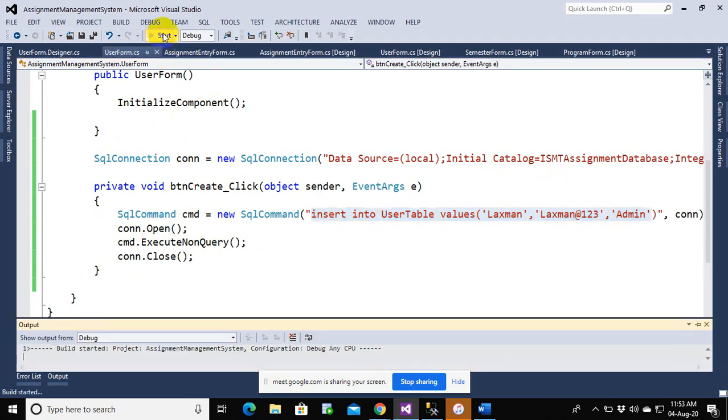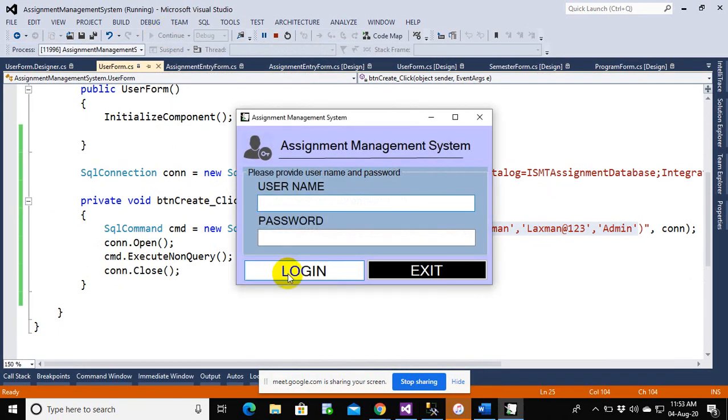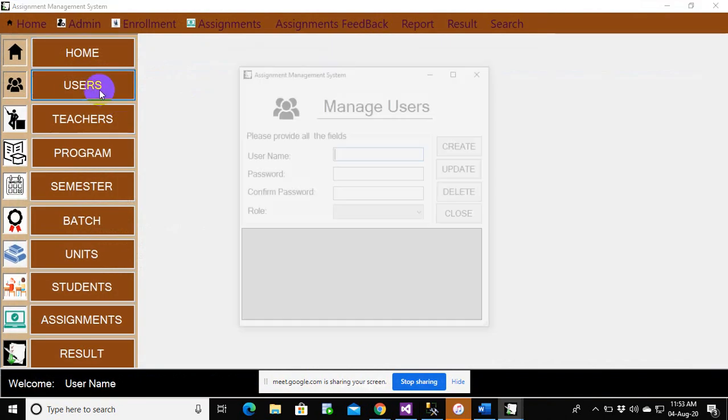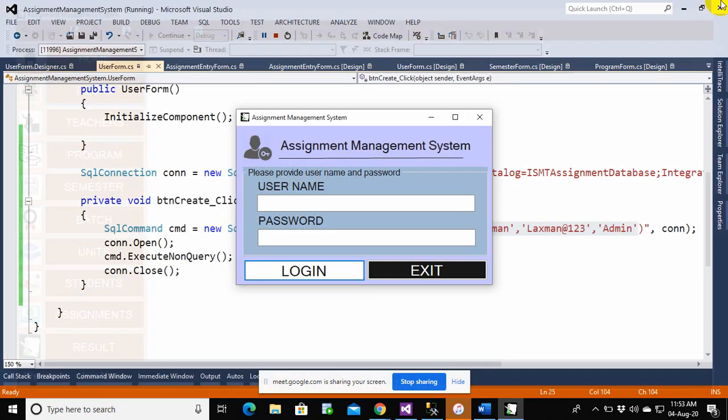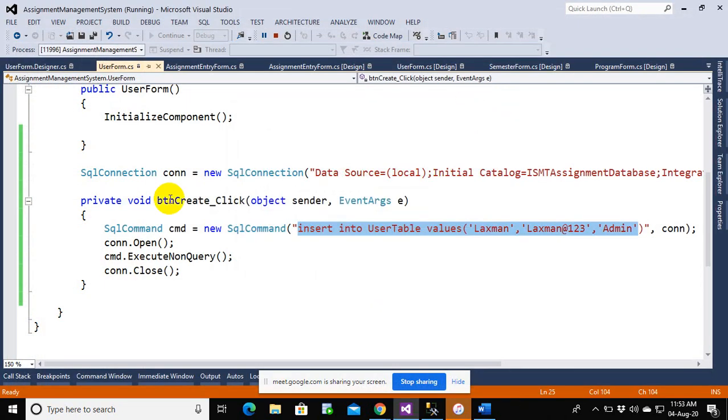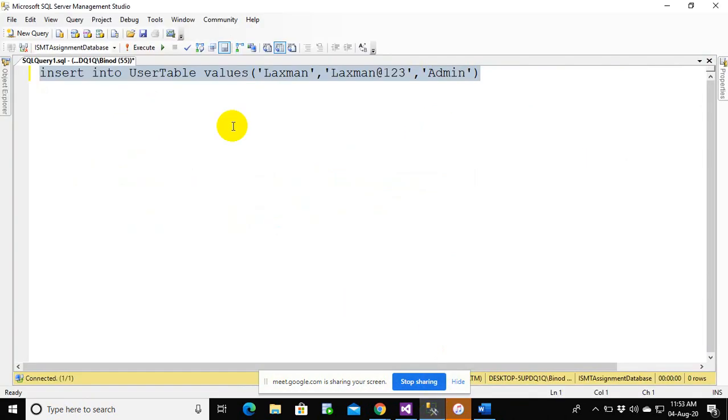Let me execute this, go to login, go to users, and provide some users. Let me simply create, and no message is displayed because I haven't added the message here. So let me see whether I have been able to save the data or not.